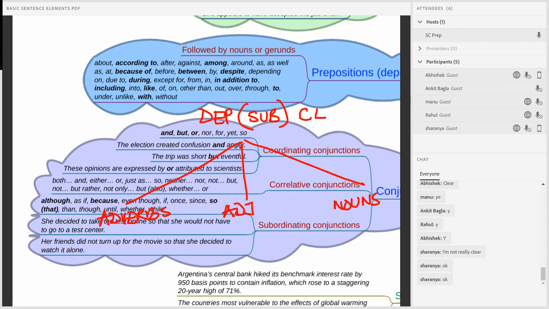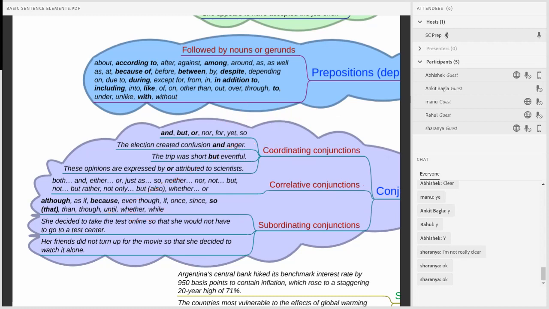All right. Now let's take examples of subordinating conjunctions. So I have highlighted a couple of important ones. Again, I don't need you to remember all of these, but the important ones, yes, please. So although, because, right? So that. So all of these introduce dependent clauses,